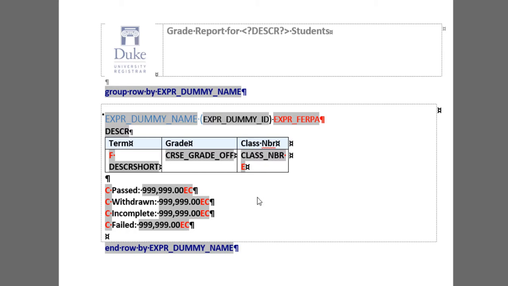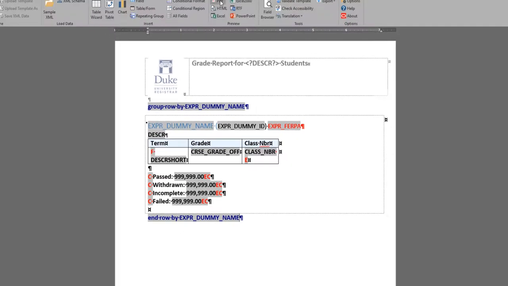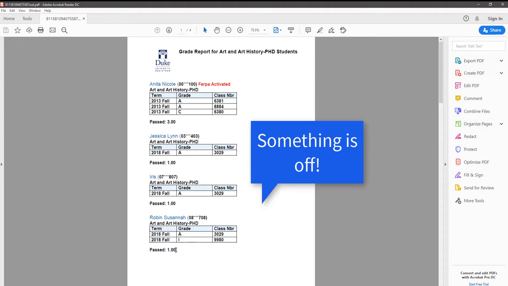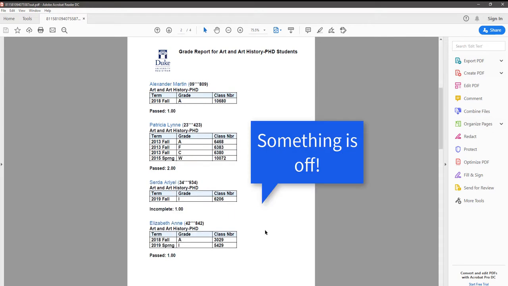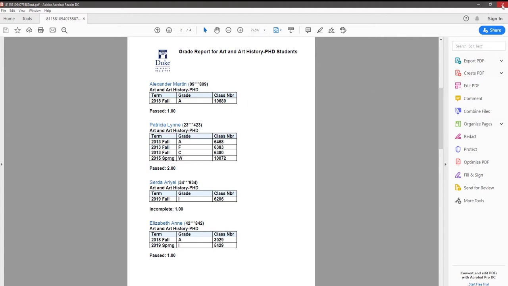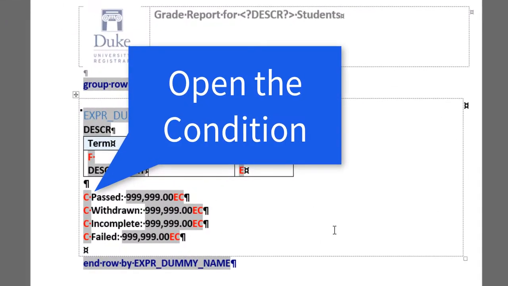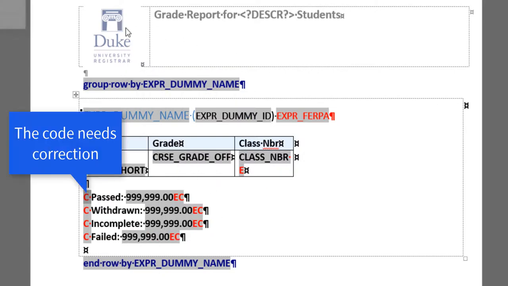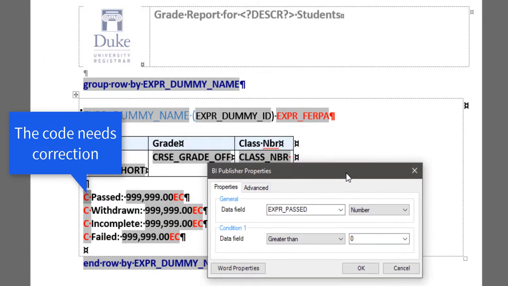All right, so that's done. I do want to preview the PDF to see if it's working. So something's happening here. This student has 1 incomplete, but the totals that are showing up are only for past. That means I need to go check the code, see what's happening. So I double click on the first conditional region, and it seems like the code does need